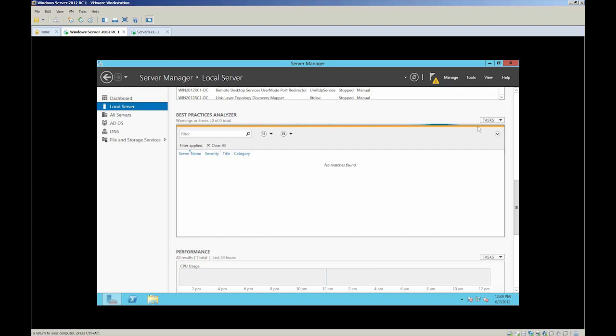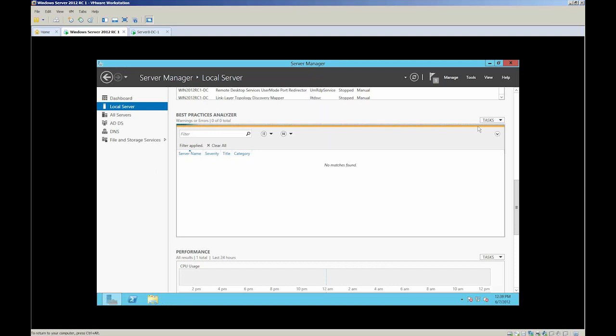Now this is going to take just a moment to go through, and this is something that Microsoft actually started a long time ago. I think the first Best Practices Analyzer came out maybe a decade ago at this point, maybe longer. And the idea is Microsoft has some best practices on the way you should be setting up your system to keep it running smoothly and securely. And originally it wasn't that good. Originally they would make some suggestions and you would just constantly look at these suggestions. You know, that doesn't fit with my environment.